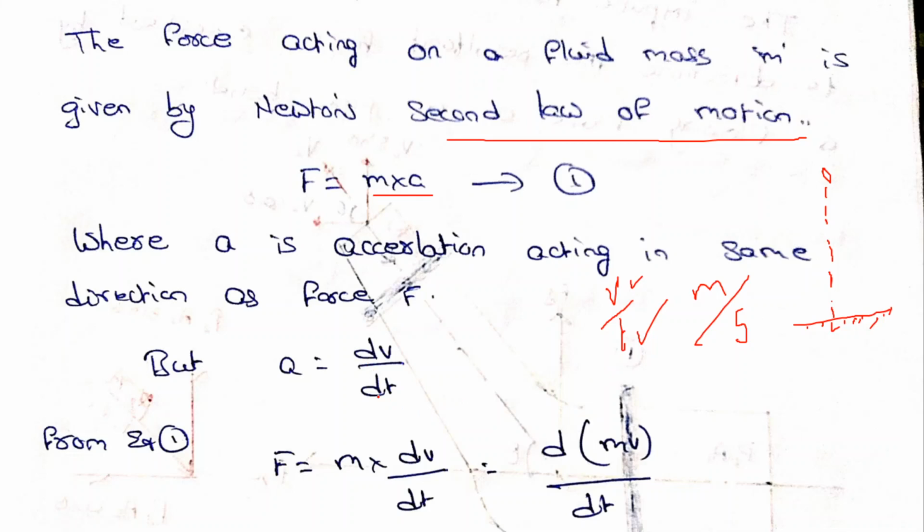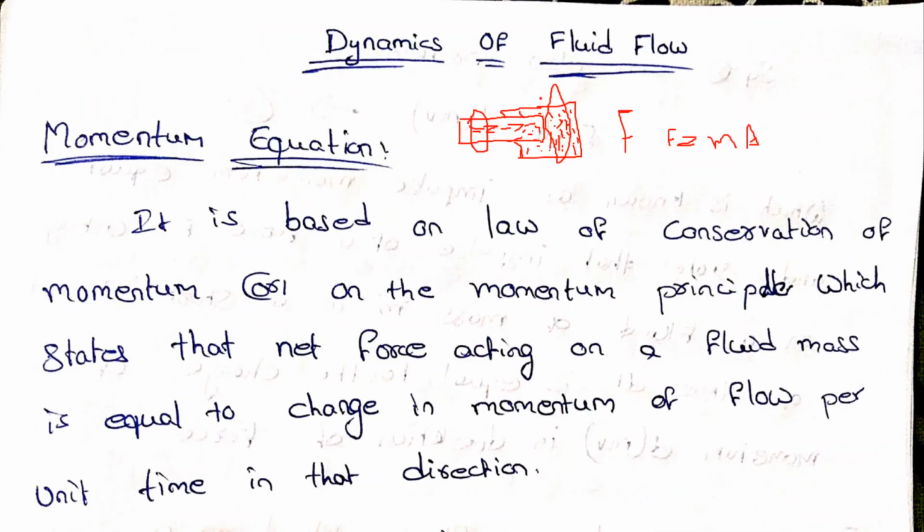Why has he given here dv by dt? Here dv is nothing but change in velocity. What is that? dv is nothing but change in velocity upon change in time. Okay, understood? Because obviously here, if you see in this image,